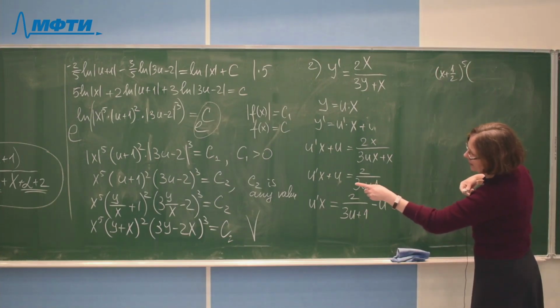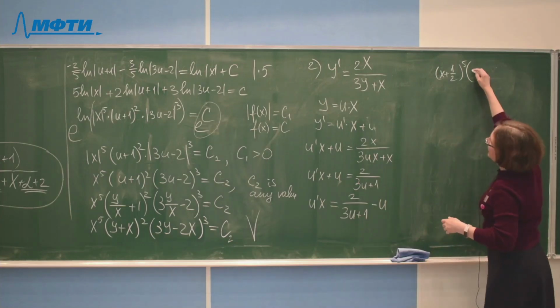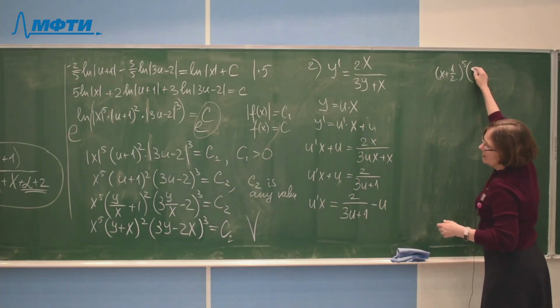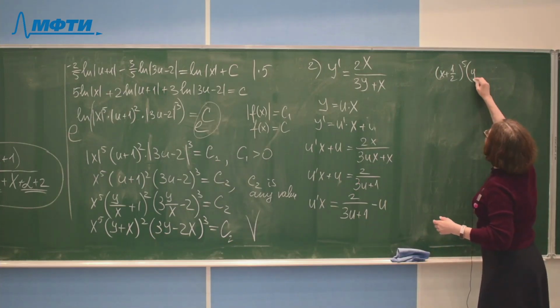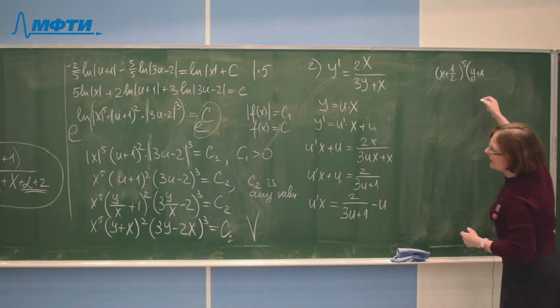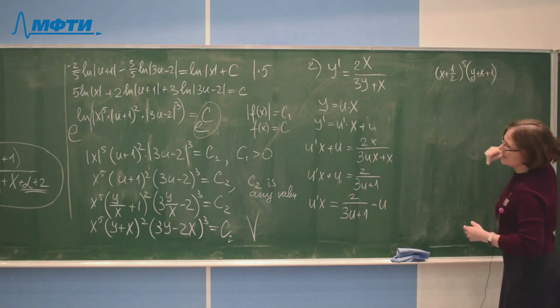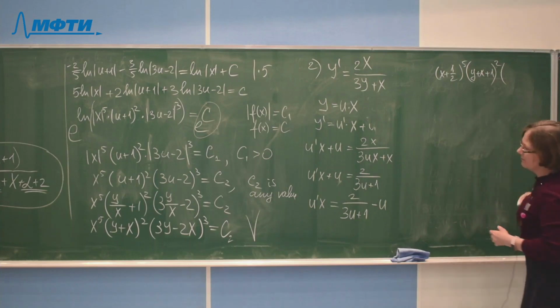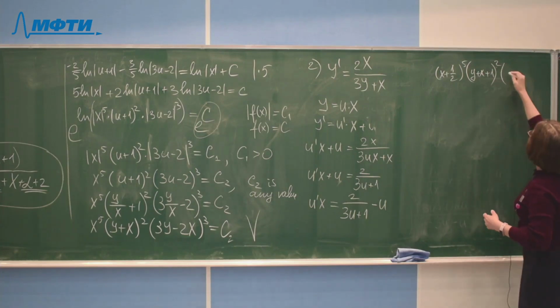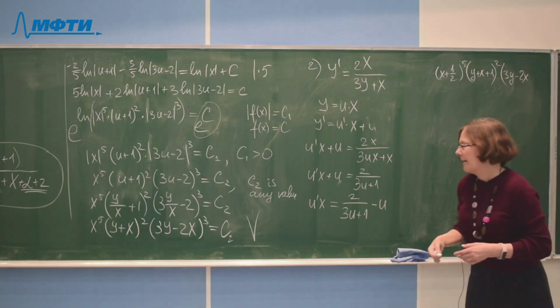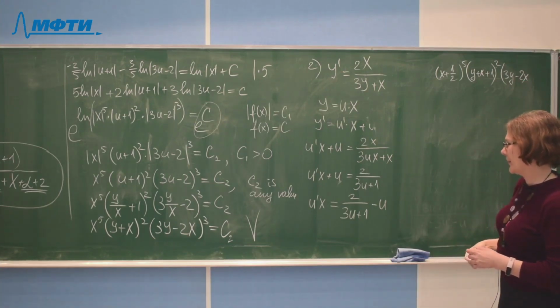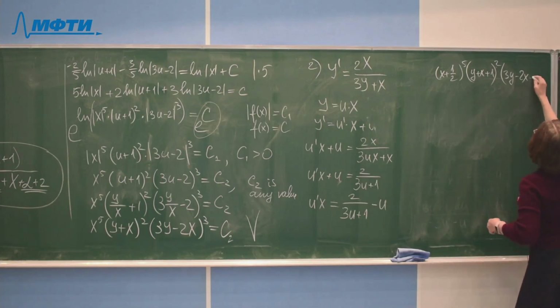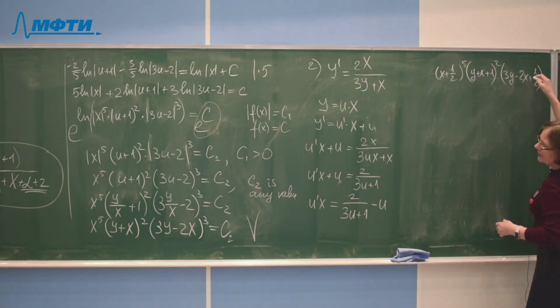Next, y plus x will be y plus x plus 1, right? Plus 1 squared, and then 3y minus 2x plus 1/2 cubed equals c